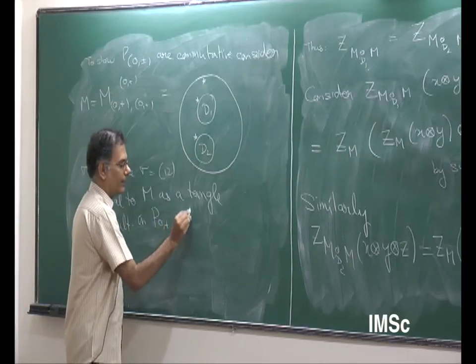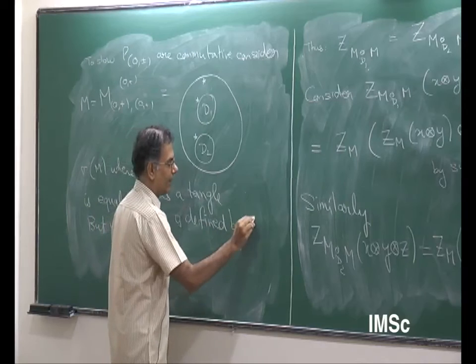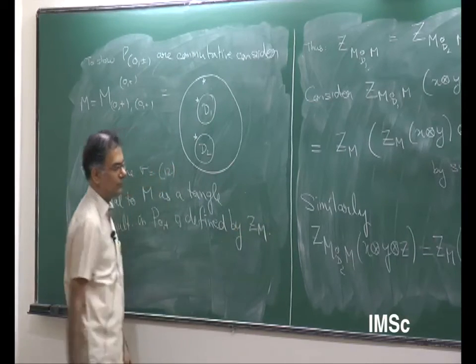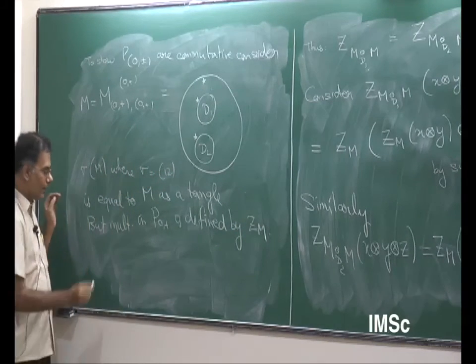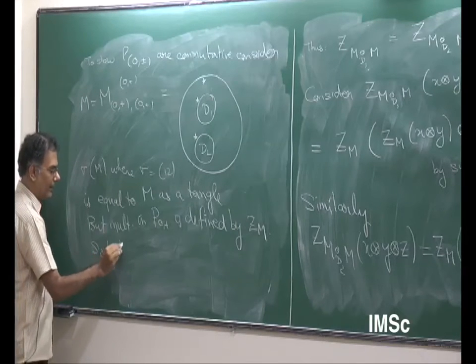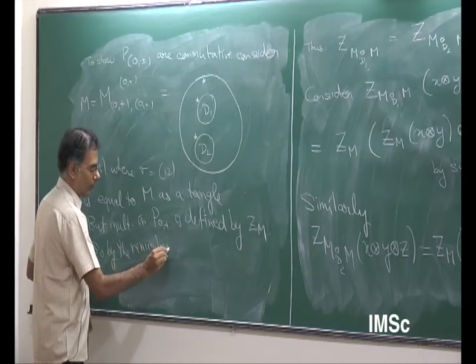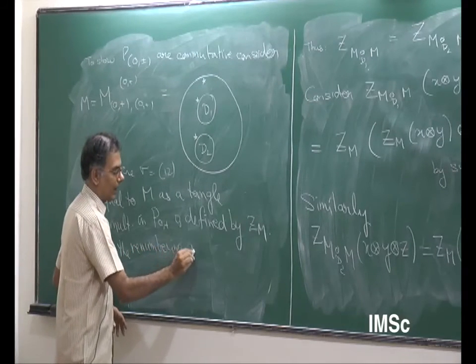But multiplication in P0 plus is defined by Zm. That's the definition. That's how we define it. And so by the renumbering axiom,